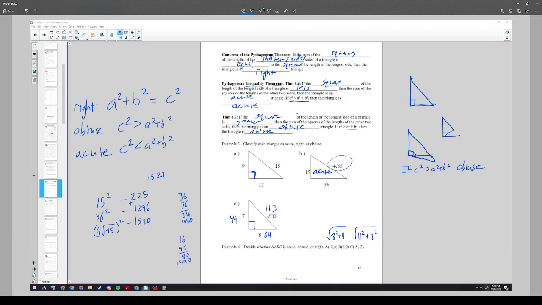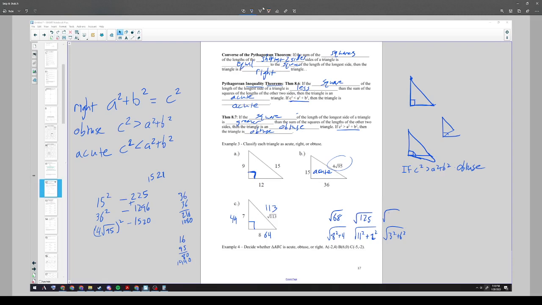So I'm just counting the distance, right? From 6 to -5, that's 11 distance. From 0 to -2 is 2 distance. And then from C back to A, that's 3 distance from -5 over to -2. And then -2 to 4 is 6 distance. So I really don't need to simplify these. I just can do this is square root of 68. This is square root of 121 plus 4. And this is square root of